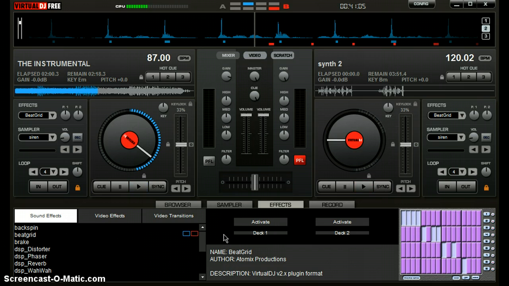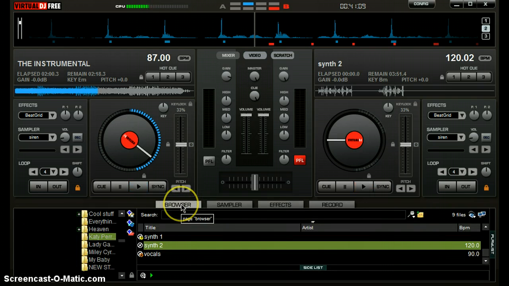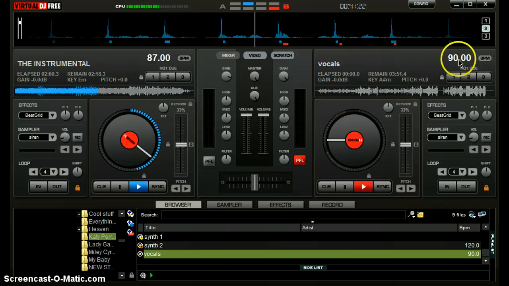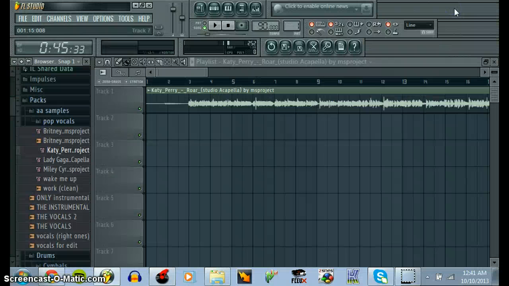But what about for producing music? Well, good question. You could go ahead and go right over here, click on vocals, like this Katy Perry War song. I want to produce this, which we're actually already finished. Drag it over there to read the BPM. I see that the BPM is 90. And when I do that,